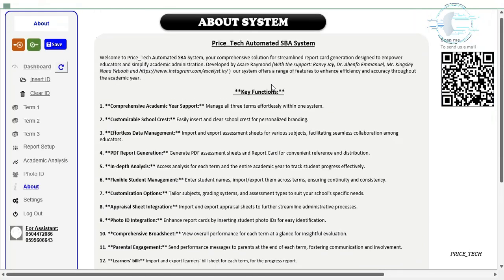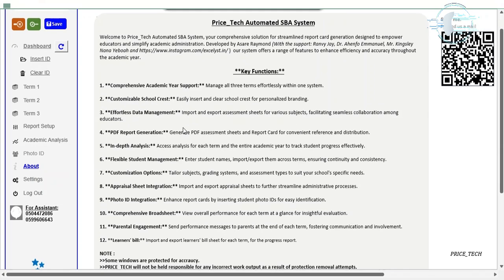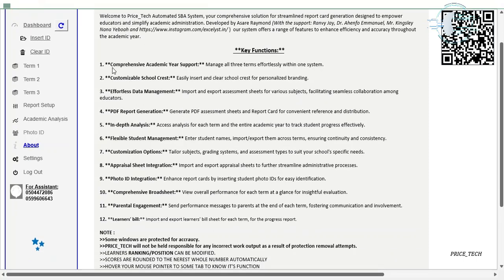So let's get the key features. With the About section here, we have the key features, and we have my QR code. We can scan this one, then send me an email straightforward for any features you want us to add, or if you want to make an inquiry or anything else. My number is also here that you can pick up and call. So there are more features. Let's look at some of them. The first one